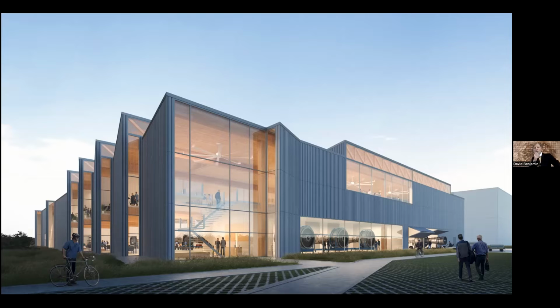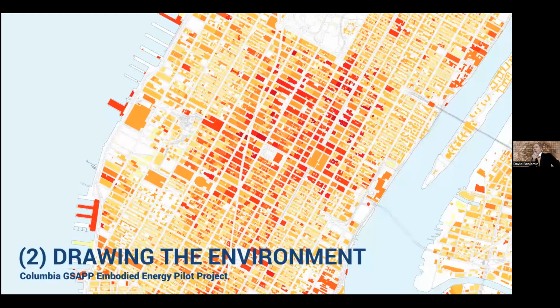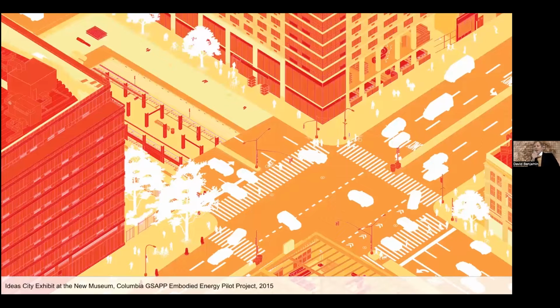So approach number 2 is what I call drawing the environment. So this involves making visible some of the invisible but essential forces of buildings and architecture and cities, for that matter. So one way of thinking about this was that as we started to engage climate change more and more and sustainability and asking how we might design the environment, we realized very quickly that this was very related to how we might draw the environment. And this is a topic that we've been exploring at Columbia University in something called the Embodied Energy Pilot Project. Here's some drawings from it.